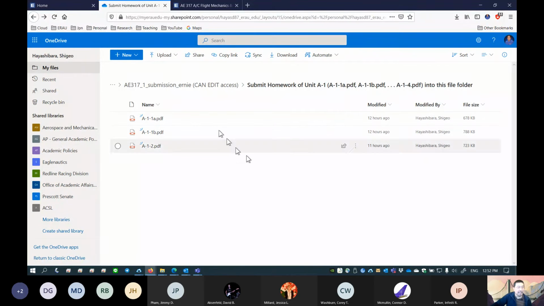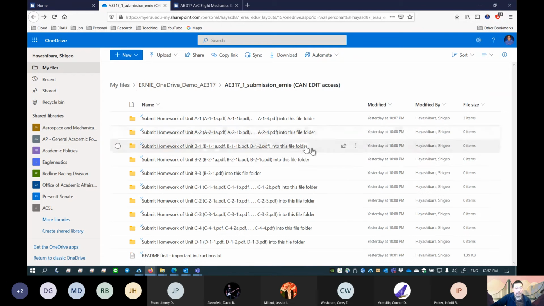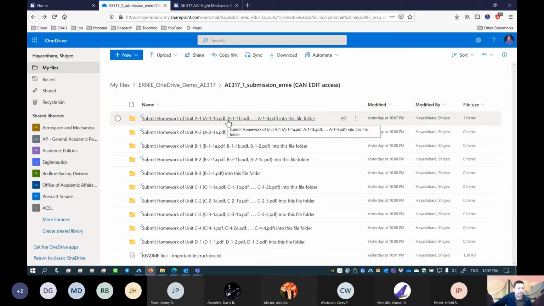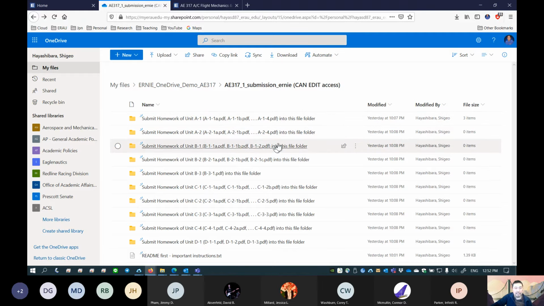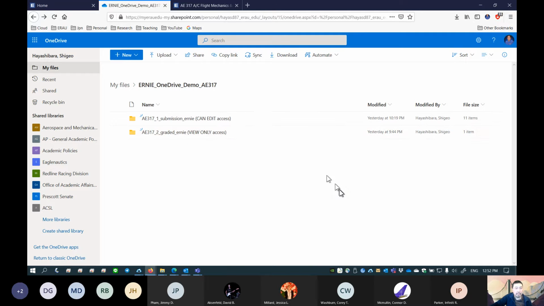Make sure you retain the original file name. Until the homework due date, this file folder remains open. When the homework due date and time comes, this file folder is all gone, taken by Dr. H. So let's be careful about that. After the due date comes, I'm going to take those assignments from here, and then I'm going to grade them.